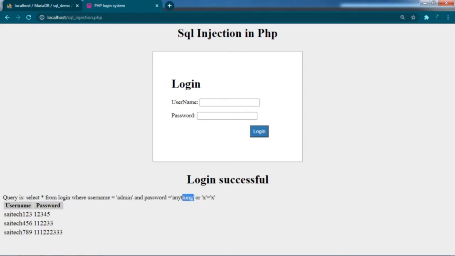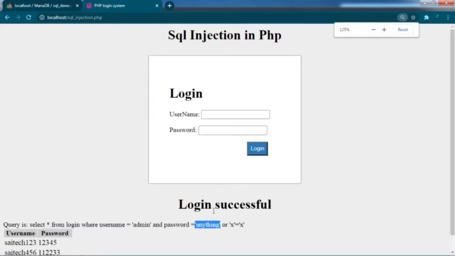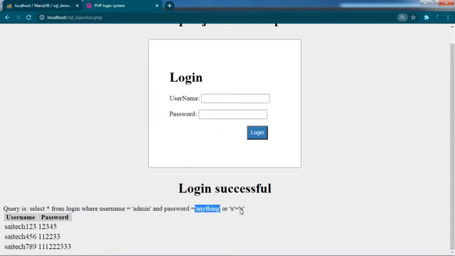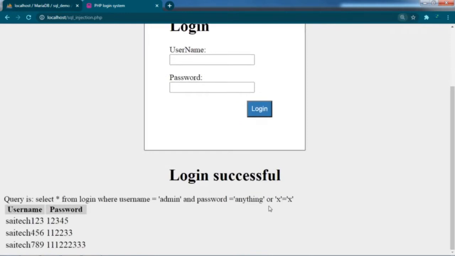Here your password query is actually closed, and here we have single quotation x is equal to single quotation x and single quotation over. That means even if this condition is false, we are using an OR condition, so x equals x is true, and we are getting the username and password information of all the registered users. So this is a big problem if we are not handling the SQL injection query.